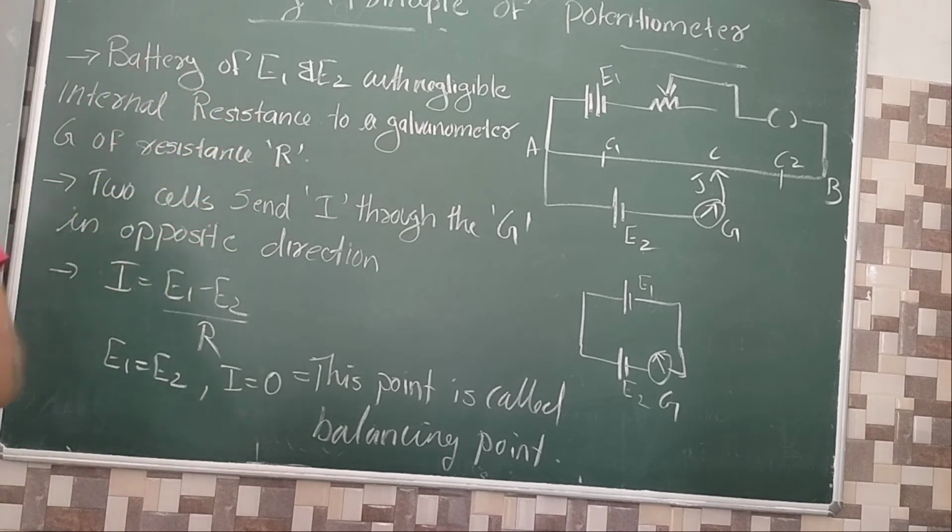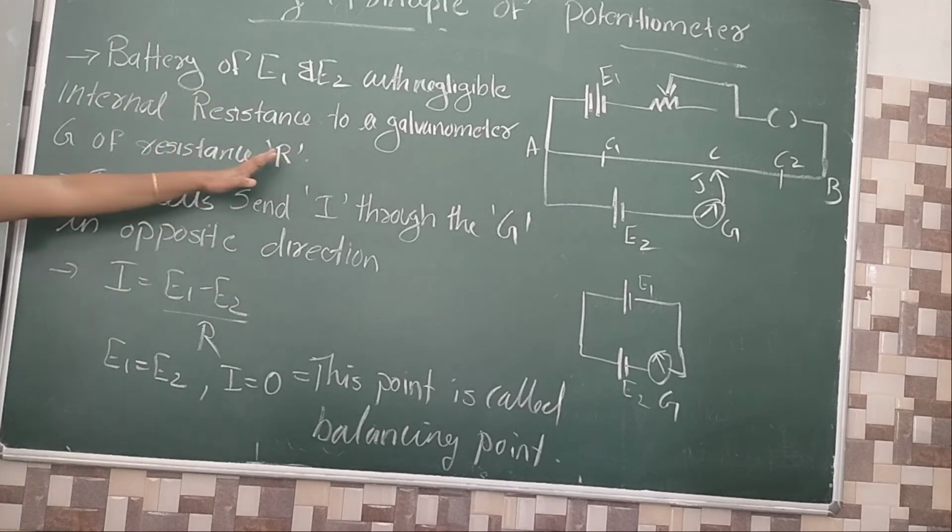What is the actual basic principle of potentiometer? Resistance is directly proportional to length. Right? That's the reason we can write V proportional to L. In this condition, we can assume that the battery has negligible internal resistance. Understood? That's the only reason this is possible. What is the principle of the normal potentiometer? Resistance is directly proportional to length. That's the reason we can write V proportional to L. In this case, we consider the negligible internal resistance to be 0.